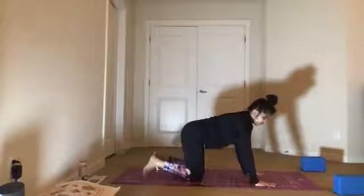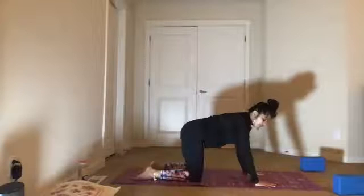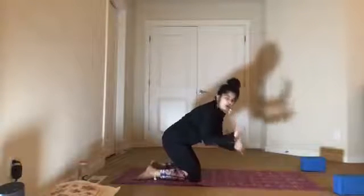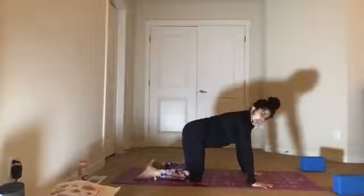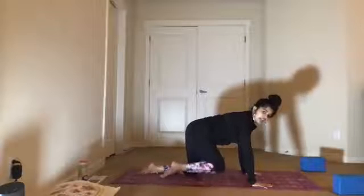Spread your fingers wide. Press equally through all four corners of your palms, the base of your index and thumb and the base of the pinky side. Inhale, find length into your spine. Exhale,